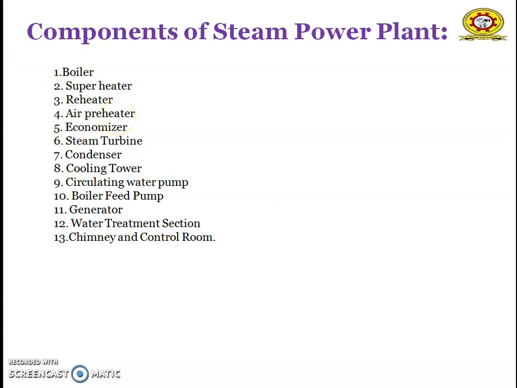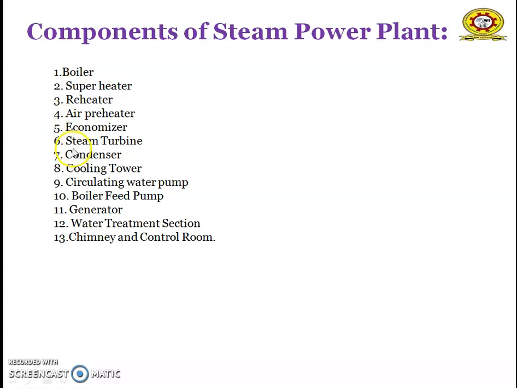Air preheater is added to further cool the furnace gases by transferring some of the heat from the gases to the combustion air. And next one is the economizer. Economizer has horizontal sets of tubes in the gas path after the gases leave the boiler. Thus, economizer transfers the heat of the waste furnace flue gases to the water being fed to the boiler.